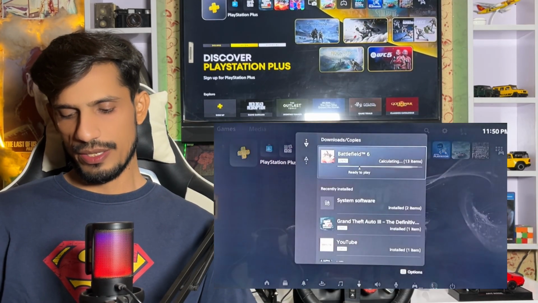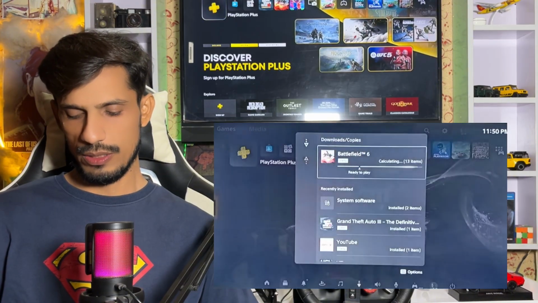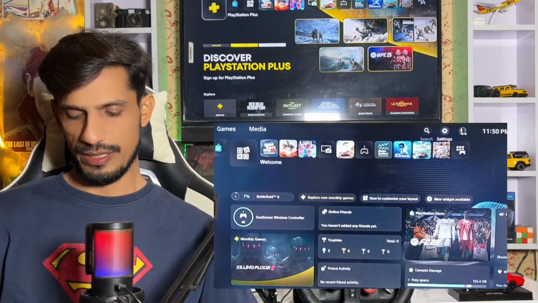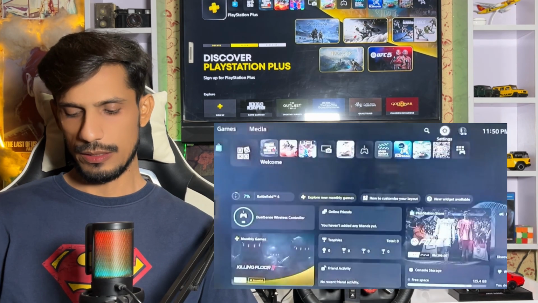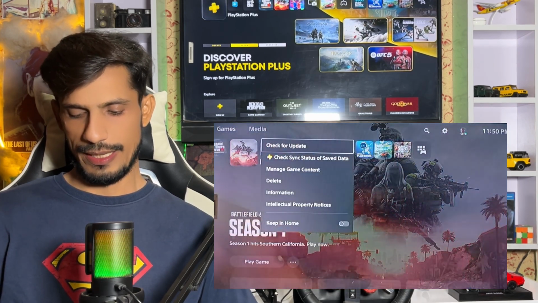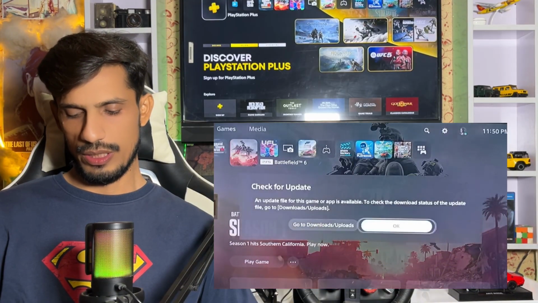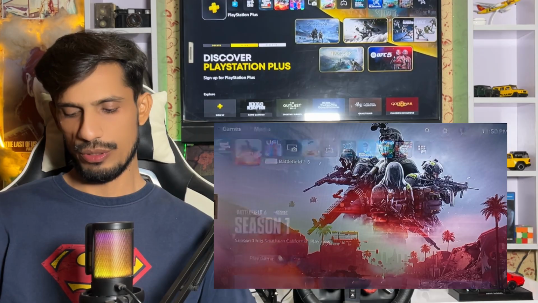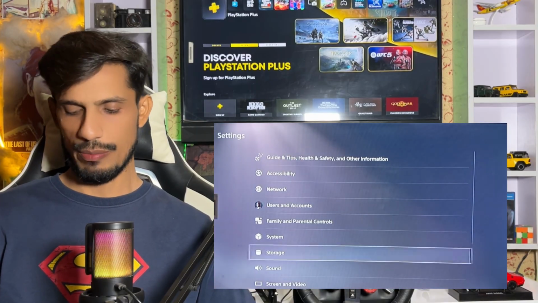Here you simply check your content in the download section. If you're getting the error, check this, and then check whether your application is up to date or not. Go to the settings and check for updates. If an update is available and you try it and it's not going to update or download the content,